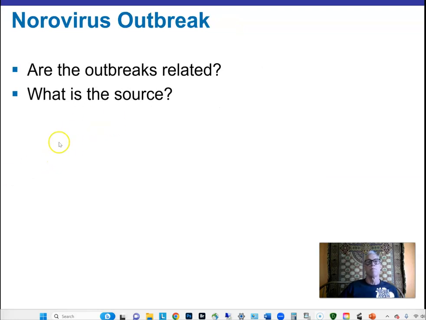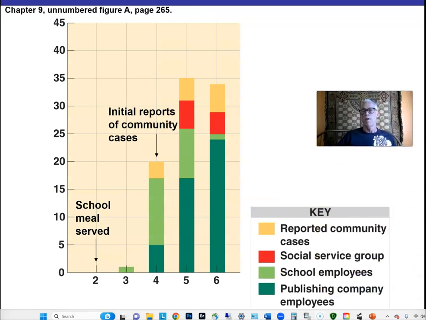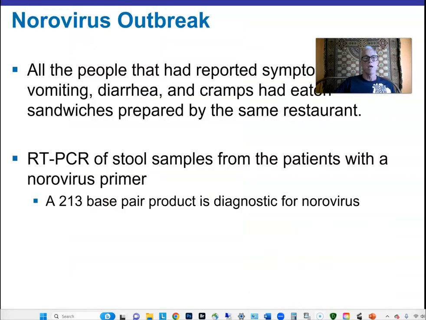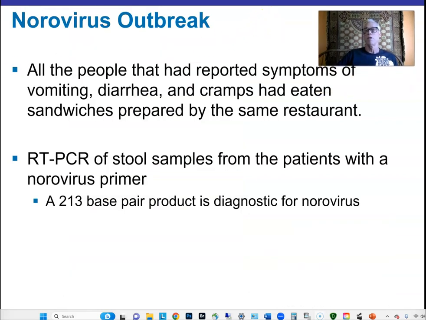So, craziness. A norovirus outbreak. Let's say you were on a cruise ship, or you ate some contaminated food and got norovirus. Well, there's an example of when public health was served by using DNA technology. I don't want to go into detail because I've been talking too long already, but suffice it to say, 100-something people were found that had gotten sick, complaining of the same symptoms in the same community at the same time, were all sampled, and their feces was examined, I should say, stool samples were